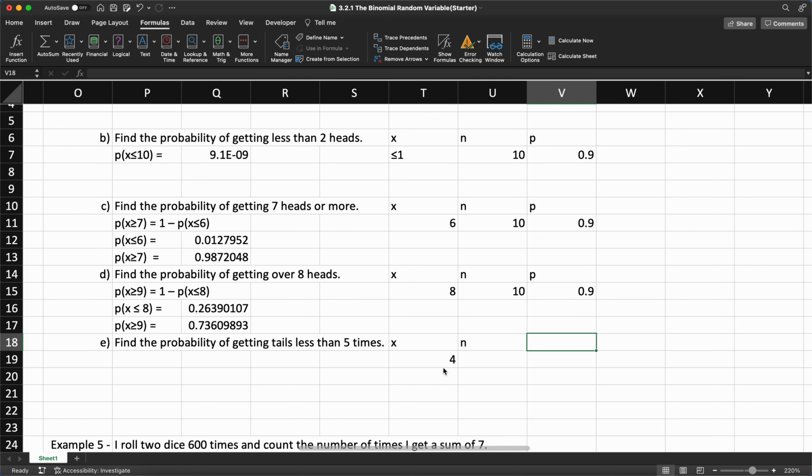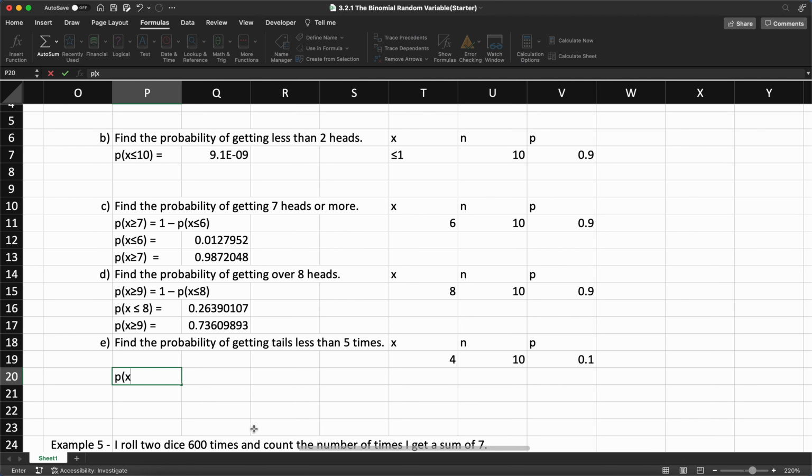N is still going to be 10. But p, the probability of success, is now going to be 0.1. Because the probability of success normally is 0.9 for heads, but this is tails. And so the probability of success and failure have to add up to 1. So if the probability of failing in this case is the 0.9, that means the probability of getting tails has to be 0.1. And so we want to find the probability of x being less than 5, which is the same thing as the probability of x being less than or equal to 4,